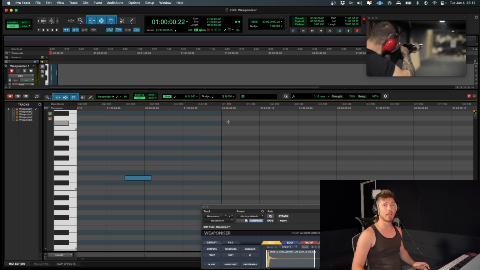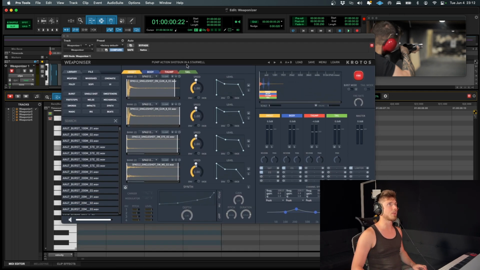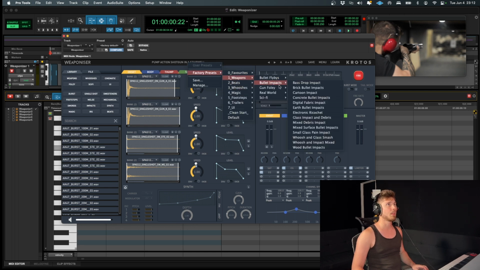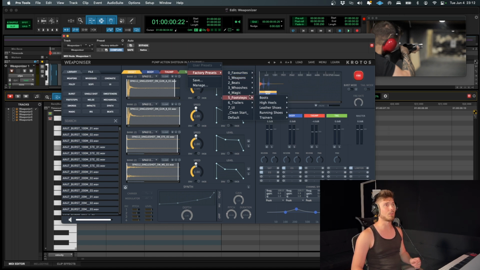Not bad. Obviously it's not perfect and you might have to load different samples. This is just a preset that they have. It's called Pump Action Shotgun in a Stairwell, but you have others. You have a lot of presets for weapons. And this one will be in the real world and you see shotguns and then you have, right, I use a pump action, but you have different types, variations of it. Like I said, and you can always create your own, load in your own samples, but you can also do